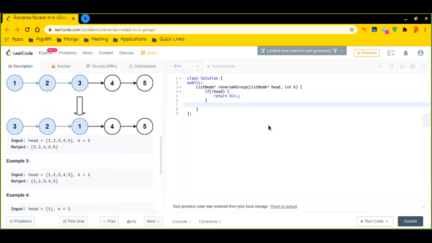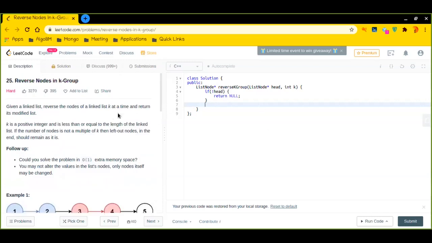Perfect. Now we discussed that we have to reverse a linked list, right? I believe that you already know how to reverse a linked list. This is a prerequisite of this particular question. You have to first know how to reverse a linked list, then you can understand how to reverse every k group in a linked list. If you do not know how to reverse a linked list, you can comment below. I'll try to make a separate video on it. So let's quickly understand how to reverse a linked list.